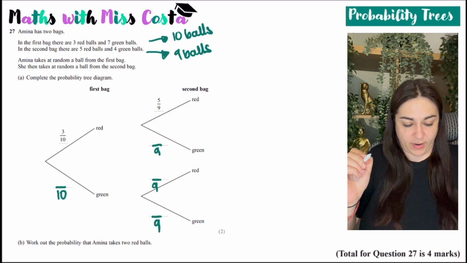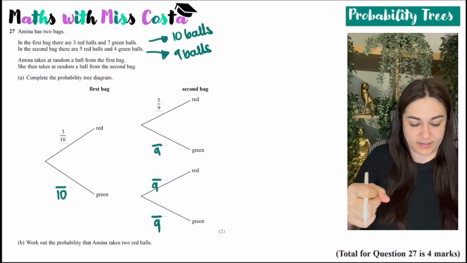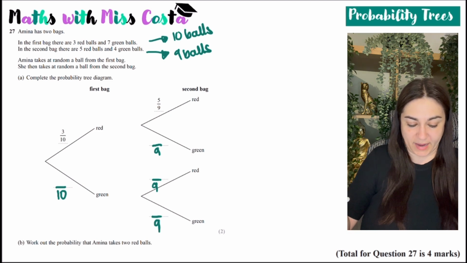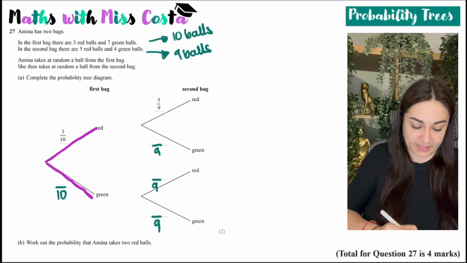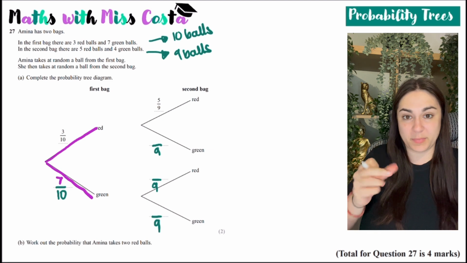Amina takes at random a ball from the first bag. She then takes at random a ball from the second bag. And I need to complete the probability tree diagram. So the first thing, with probability trees, your probabilities must add to 1. So here you've got 3/10, so this is going to need to be 7/10, because with probability trees, the events